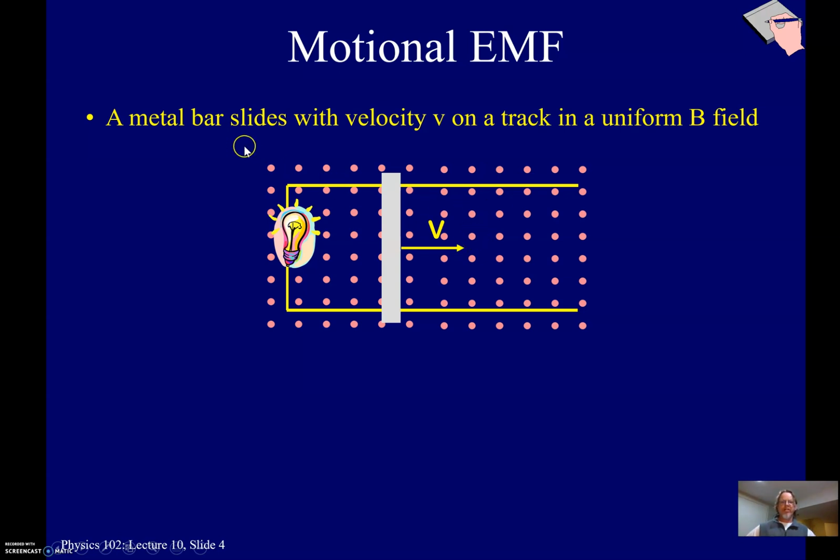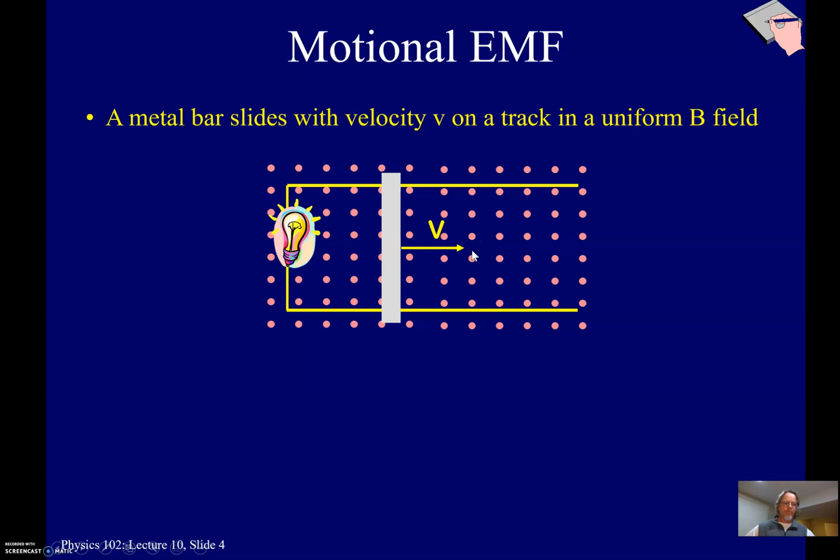Alrighty, so you have a metal bar sliding at some speed along the uniform field in that direction. On this bar, it's a conducting bar, and those are conducting wires, and there's a light bulb. No battery source, you'll notice, none at all. There are charges in everything, there are charges in this conducting bar. So if all those charges are moving to the right in a magnetic field, which way are they going to